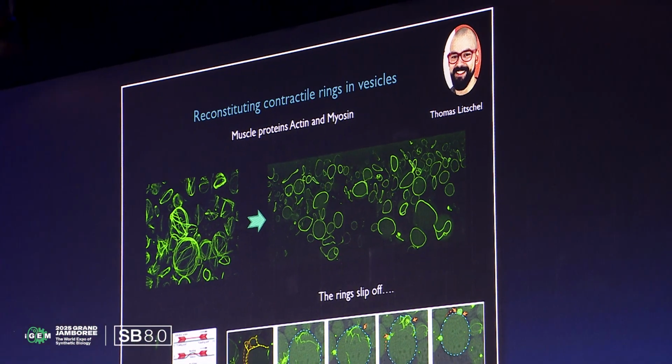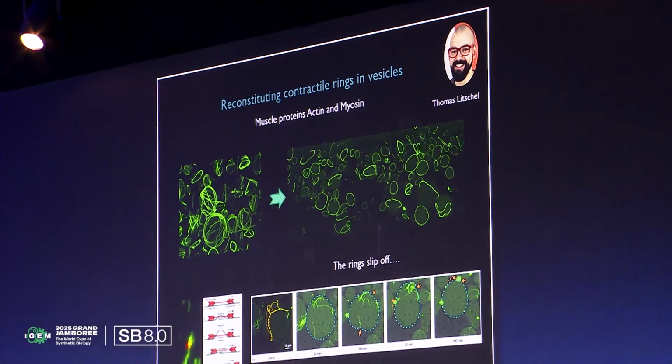The rings do not look quite as nice as up there because myosin needs a little bit different soup of ions. You can see that these rings constrict nevertheless, but they do not constrict as if we had imagined it in a little cartoon. What happens is that the actin just snaps off in a little blob at the pole of the vesicle, because what we did not think of, of course, the actin